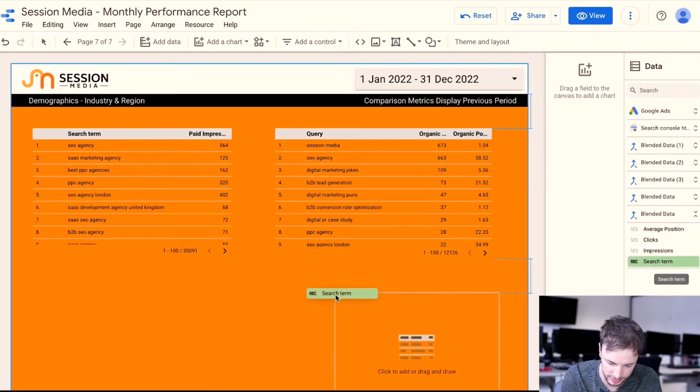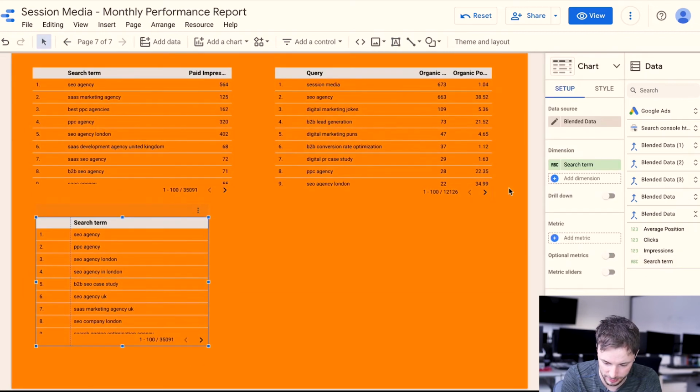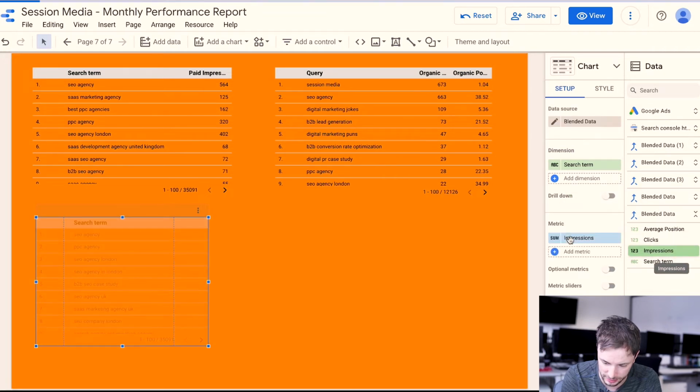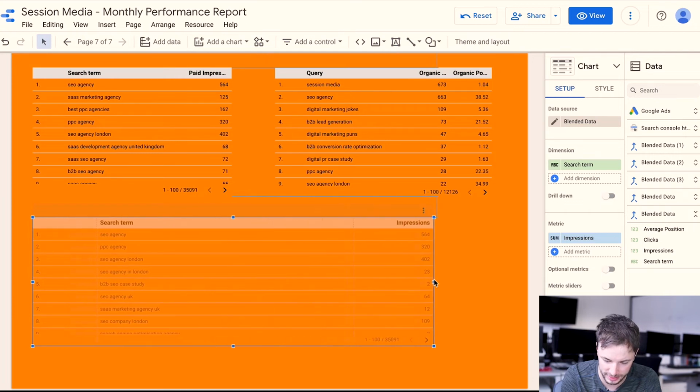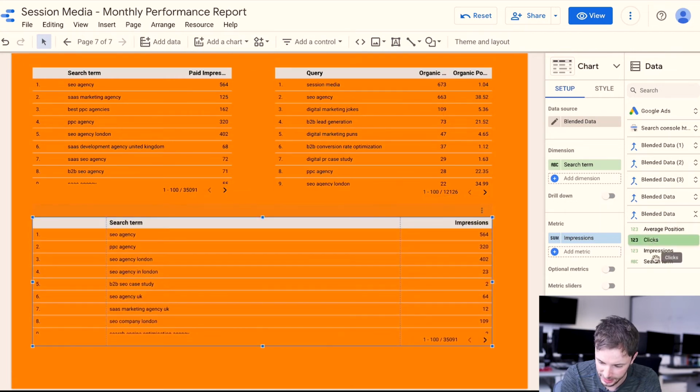So let's pull out search terms. What we can see now, nothing impressive yet, but we've got search terms. We have our organic impressions. Let's put it into metrics. So now, the paid impressions. This is the mirror of the one above, but now what's cool is because we blended this data together,